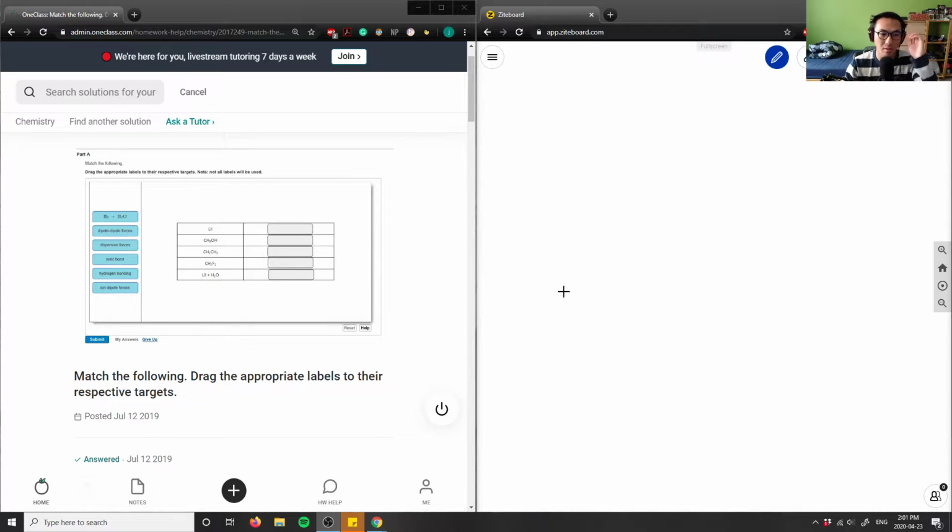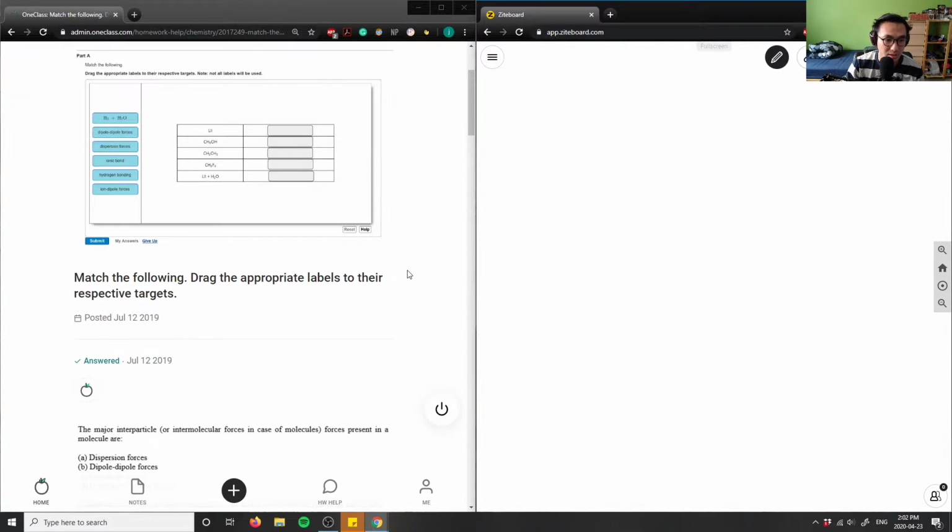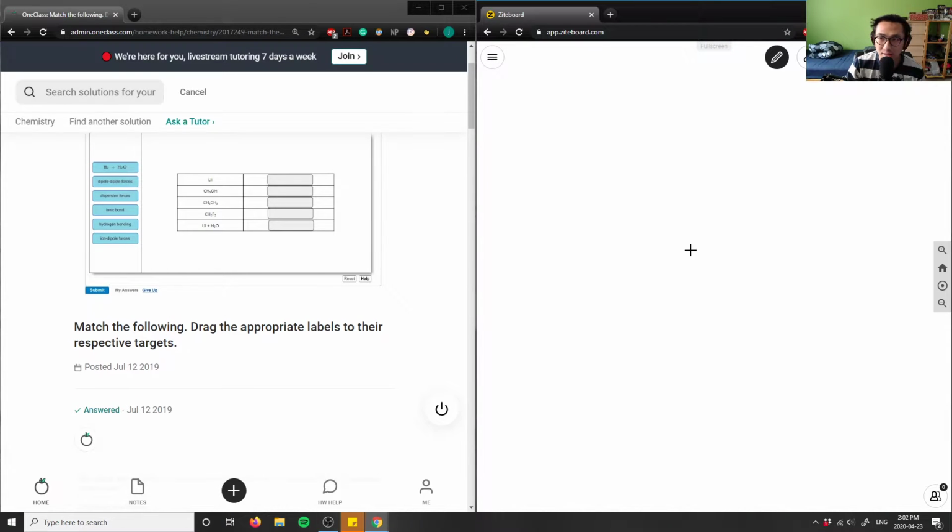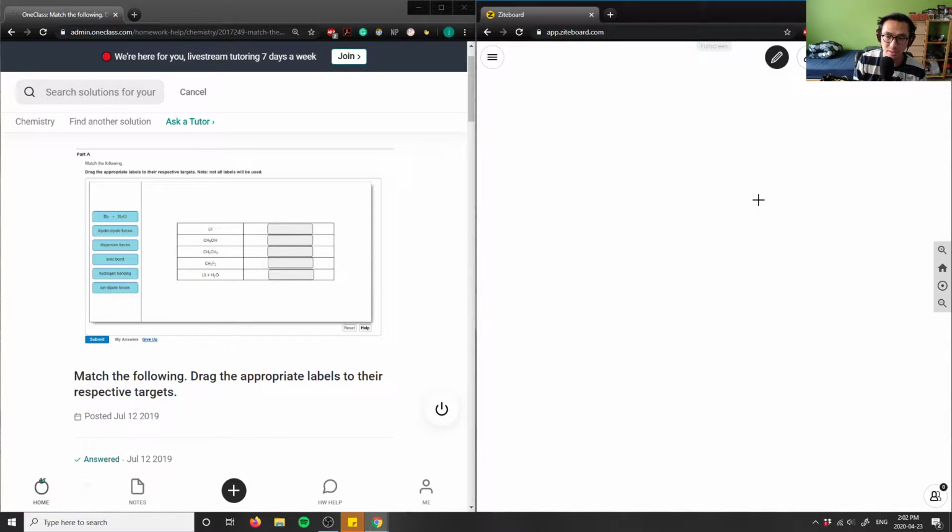All right, so let's do this. Let's start off with our first question here. It says match the following. It says draw the appropriate labels to their respective targets. And I can't really see these guys here, so I'm going to have to maybe redraw it here for you all. So this is, I think I have lithium iodide here. This is CH3OH. I have methanol,